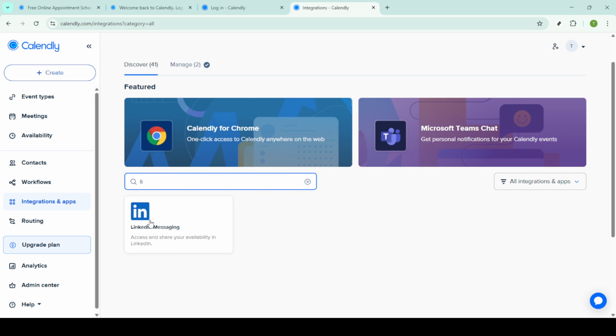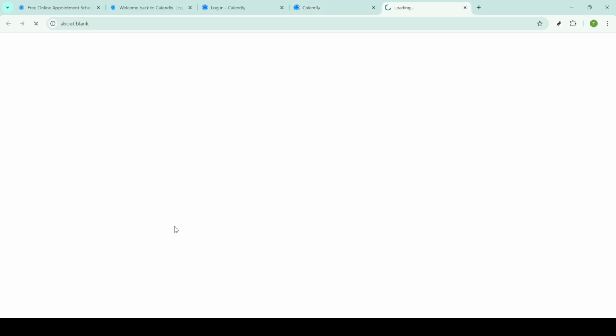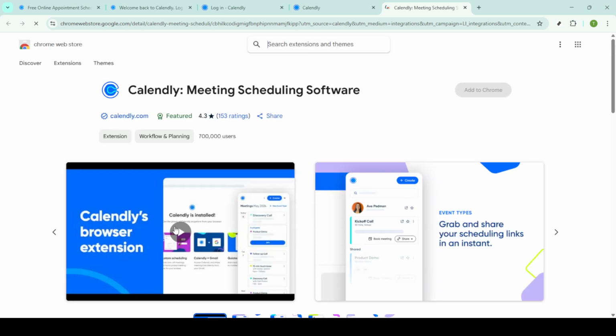In the search bar that appears in the Integrations and Apps section, type LinkedIn. Once you do that, you should see LinkedIn messaging pop up. Click on it and you'll be directed to a section where you can download the necessary tools to mesh these